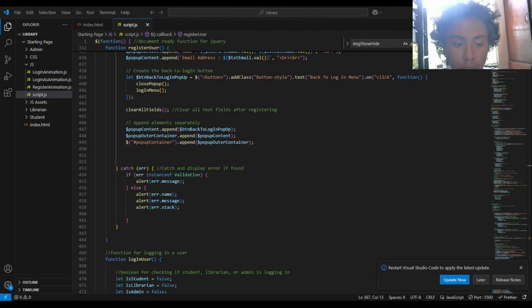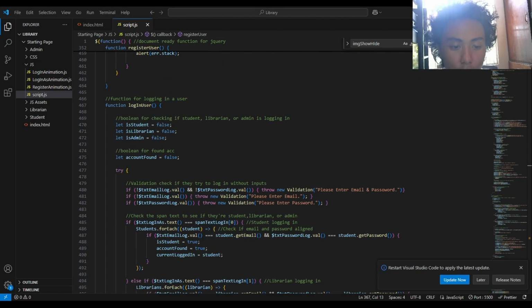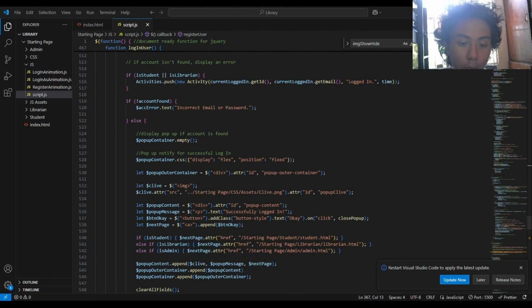to the login page. The login user function handles the user login by validating the email and password inputs. It checks the entered credentials against the corresponding user array, students, librarians, or admins, and verifies if a match exists. If found, the user logs in, their details are saved as the current logged in user, and a pop-up confirms the successful login. So if no match is found, it will throw an error